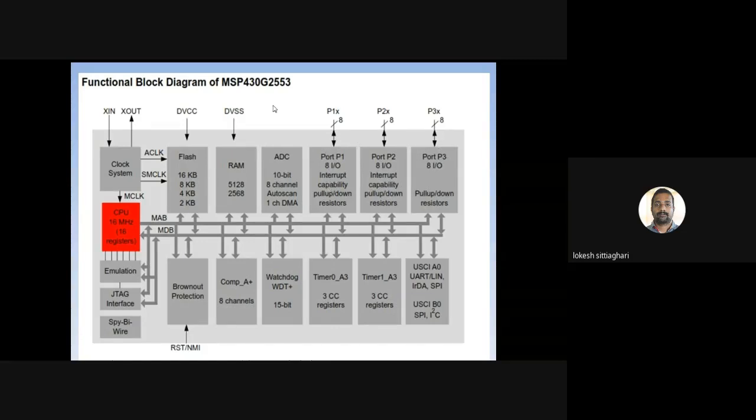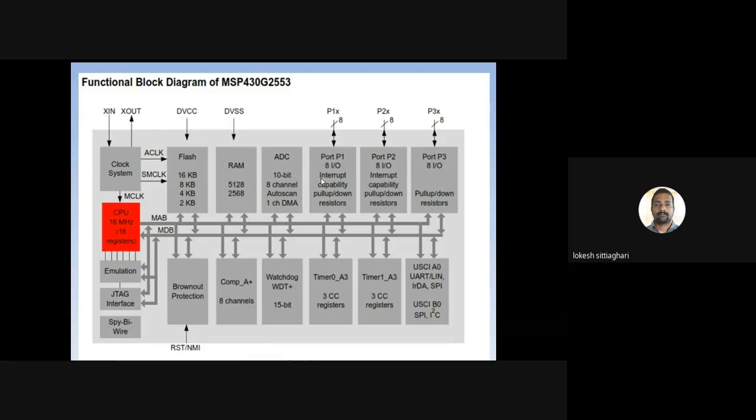Actually, in the MSP430G2553, we have only 2 ports. P1.x means P1.0, P1.1, P1.2 and so on, an 8-bit input output with interrupt capabilities, and these have pull-up, pull-down resistors. We will see what pull-up and pull-down resistors are.